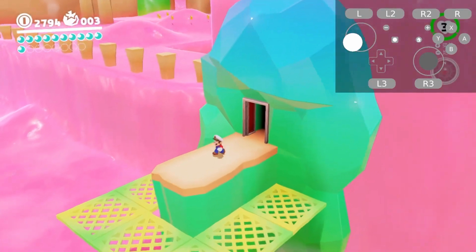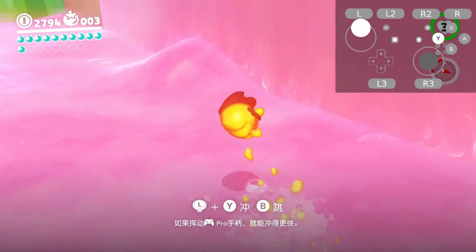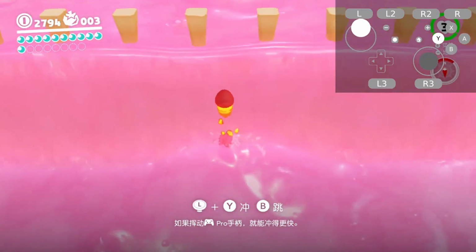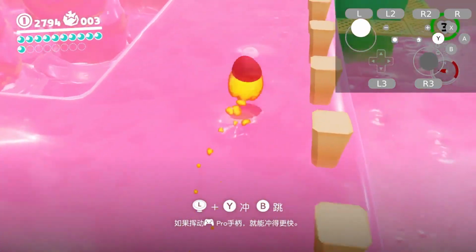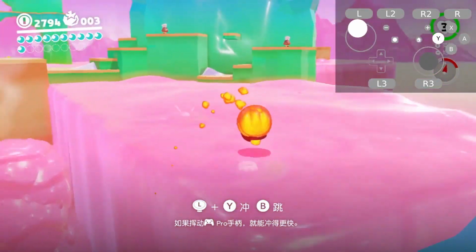Then once you're outside, run forward, and throw Cappy at this Podoboo here on the left, and shake to capture it. Then begin shaking over towards the left here to jump up off this mound area. Then once you're up top, begin shake boosting back towards the right. And then once you're just about in front of this wall here, you can jump up as the Podoboo onto